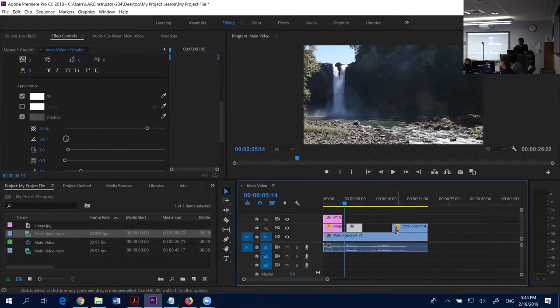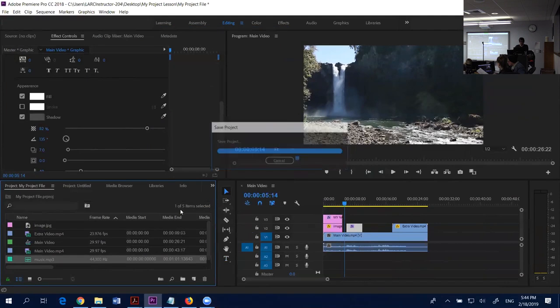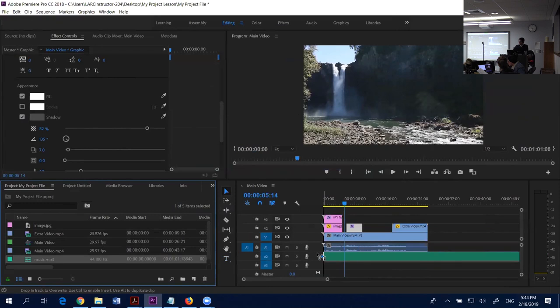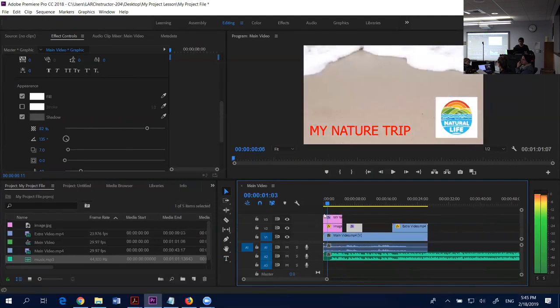Moving on with step number 7, we're going to be working with audio. So in this example here, I'm going to import a music file. It's just an MP3. And I'm going to click and drag this to the bottom of my timeline. So it's noticeable that you have the basic video and all the audio goes below it, and all the pictures and other stuff goes above it, right? So if I play this,